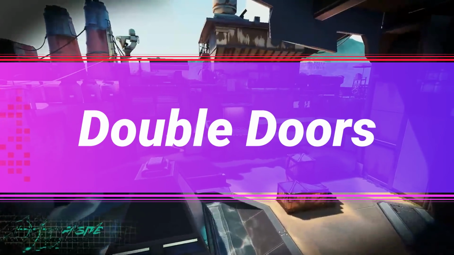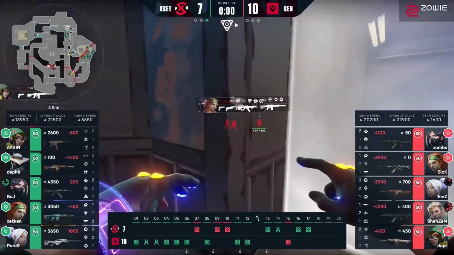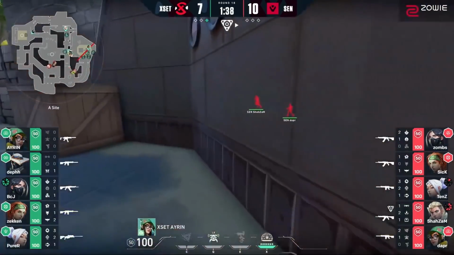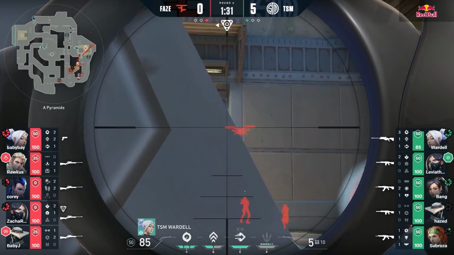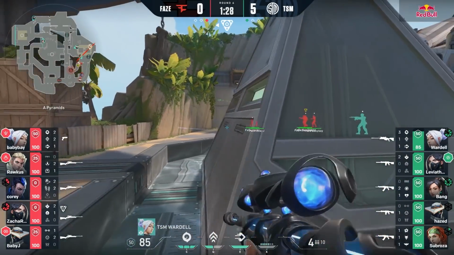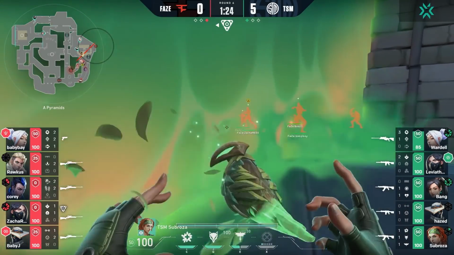This part of the map is very similar to hallway in that it makes holding A site extremely difficult. Not only is it good for pinching site, but holding that area is great at cutting off rotates. Enemies that are towards B now have to make their way through spawn versus through mid, which takes up much more time. Longer rotates means your team has a lot more time to do a better job at clearing and